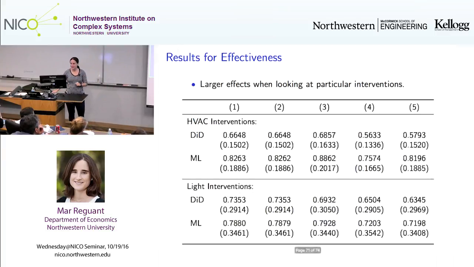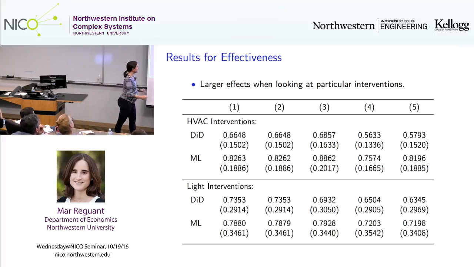So to take a stab at this, we looked at two of our measures that are better measured, and that would be the HVAC interventions and the lighting interventions. These are much more standard measures, hopefully better quantified. And indeed, we see something extremely different. By the way, these interventions are the bulk of what we have. I think it's about 3/4 of our data. But getting rid of all that noise already has a big impact.